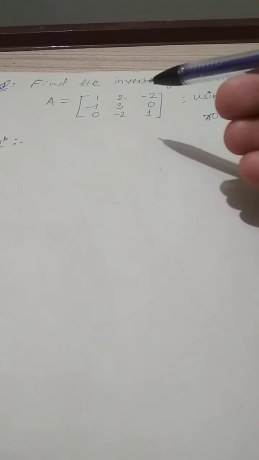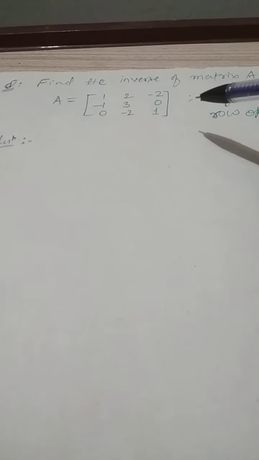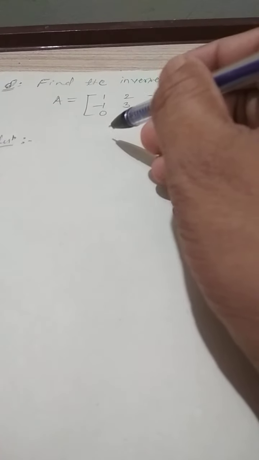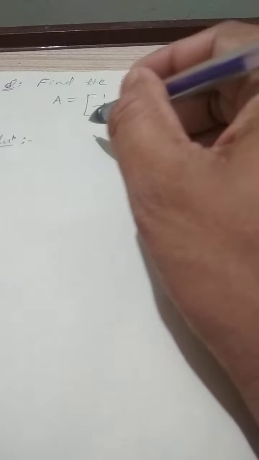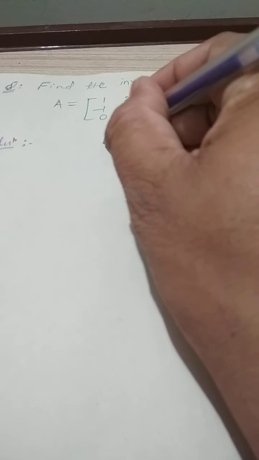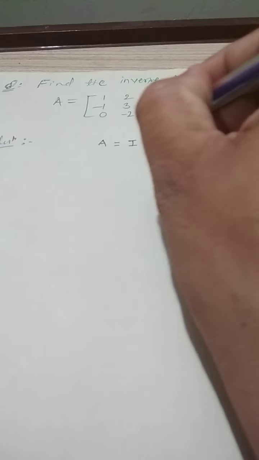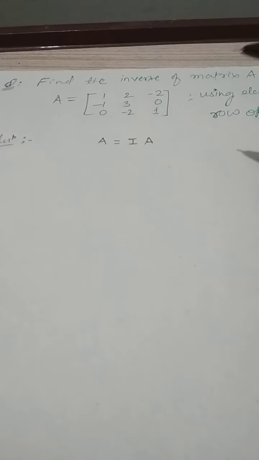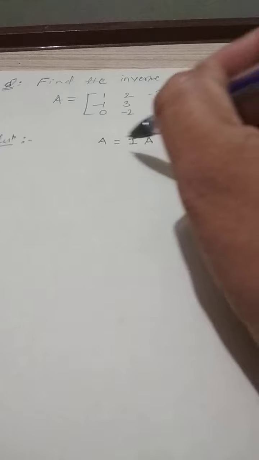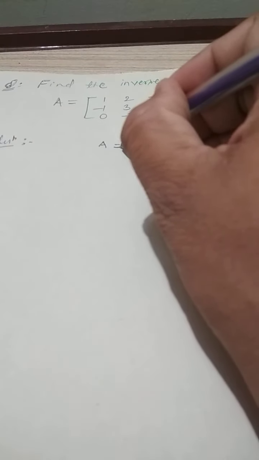As we have seen in the earlier videos, whenever we are going to find the inverse or do any elementary operations, row operations or column operations, there are certain rules. Suppose in this case I want to find the inverse of A, then I need to write the equation A = IA, so as to justify row operations,